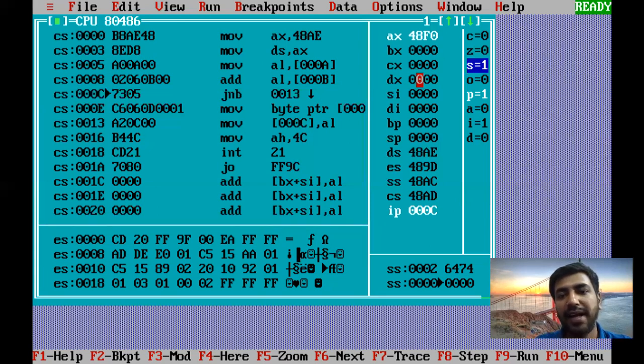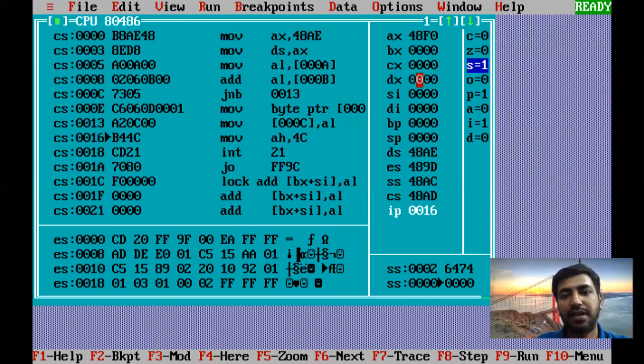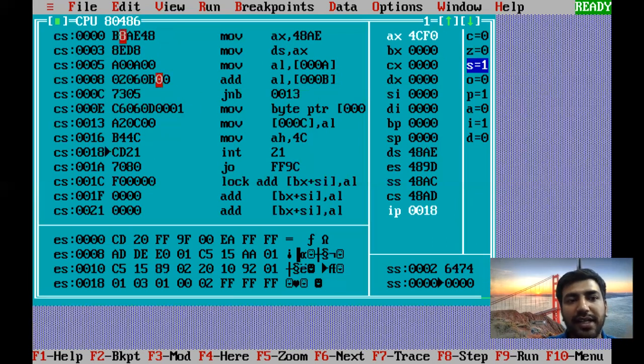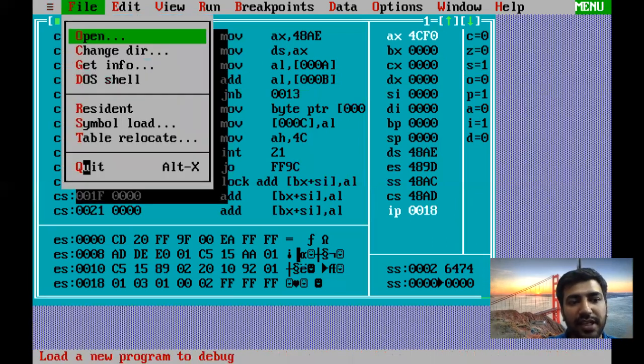Function F7, parity is 1. Again I will do F7. Yeah, it's running. At this location I have actually transferred. So this portion, jump if not carry. After that, you had that instruction. Can you guess that instruction? What was that after jump if no carry? Okay, just let me tell you what that instruction was. Edit.